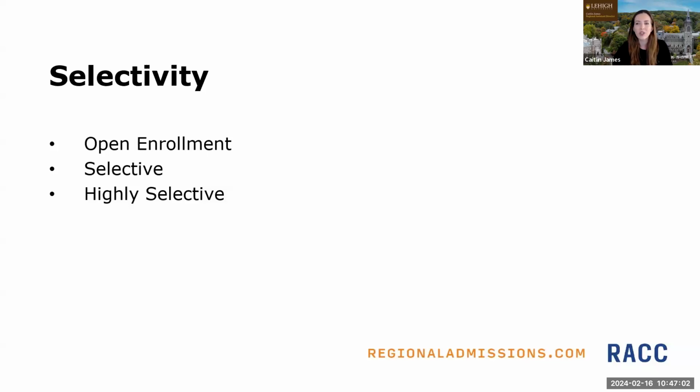A selective college admits fewer than half of the students that apply. And then a highly selective college admits fewer than 20% of students that apply. You'll see different ranges for some of these things, but the good news is that most colleges accept more than half of their applicants. The average acceptance rate for all four-year colleges in the United States is about 66%, or 2/3 of applicants. So just note that there are a lot of opportunities out there, and those universities and colleges are going to be so lucky to have you no matter where you decide to attend.